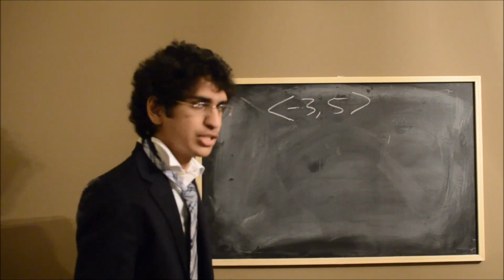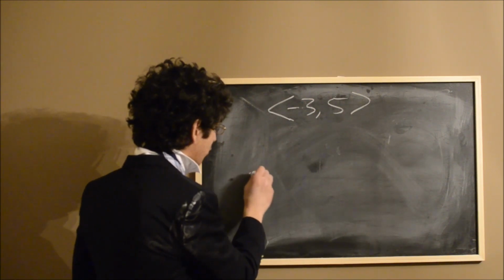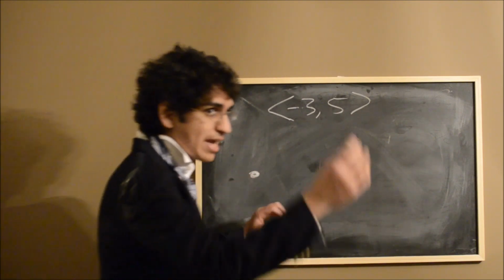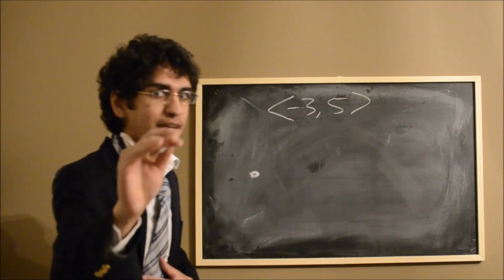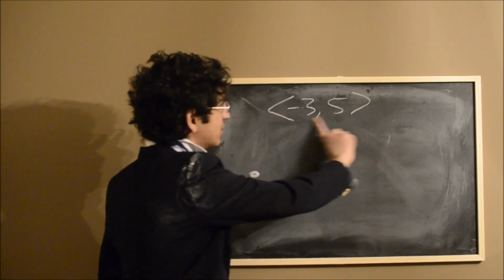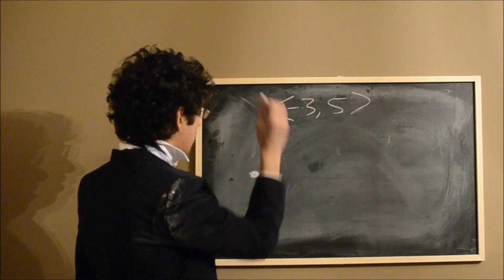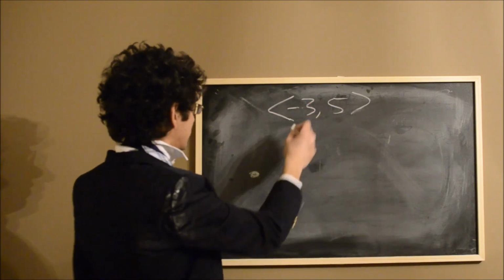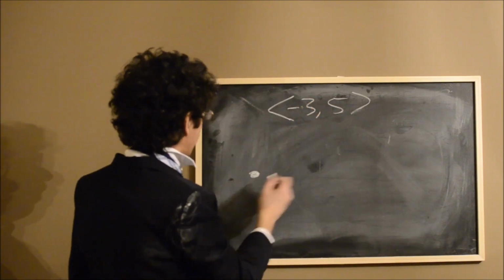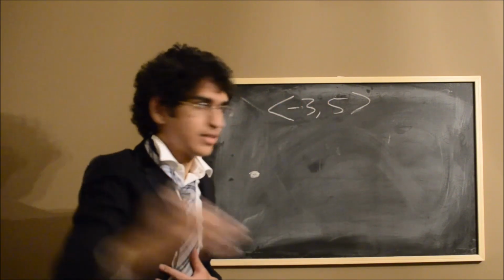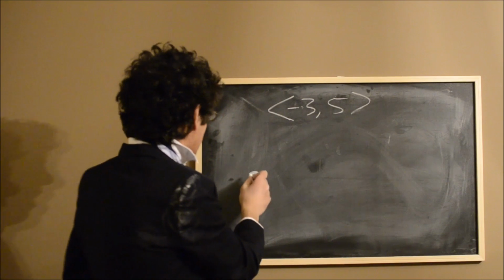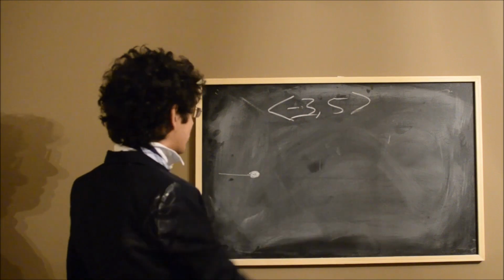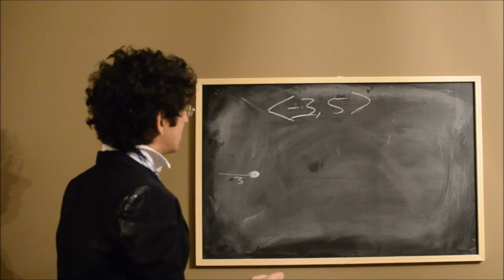This vector notation tells me that from an initial point, which isn't a specific point in space because vectors don't have a location, they only have magnitude and direction, this notation tells me that from any initial point A, this vector goes to the left, -3, that's the x component. It goes to the left 3 units, because it's negative on the x-axis,